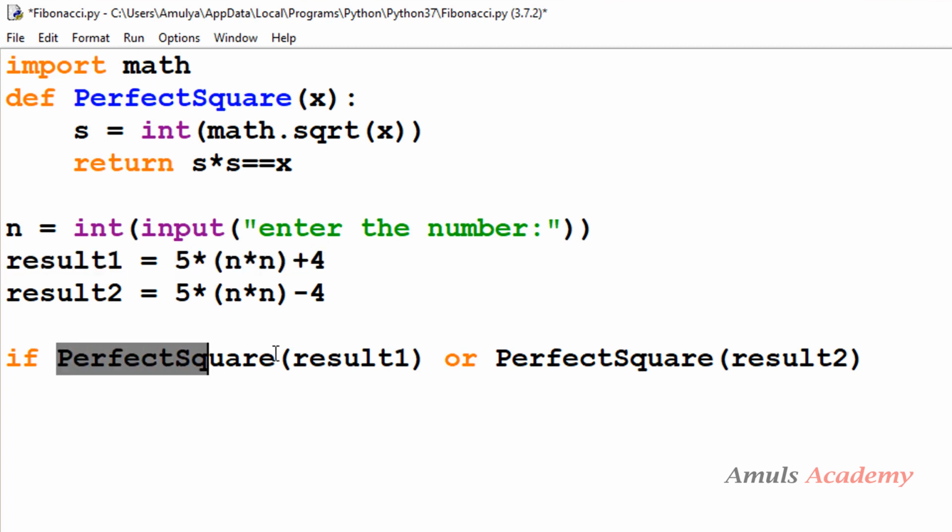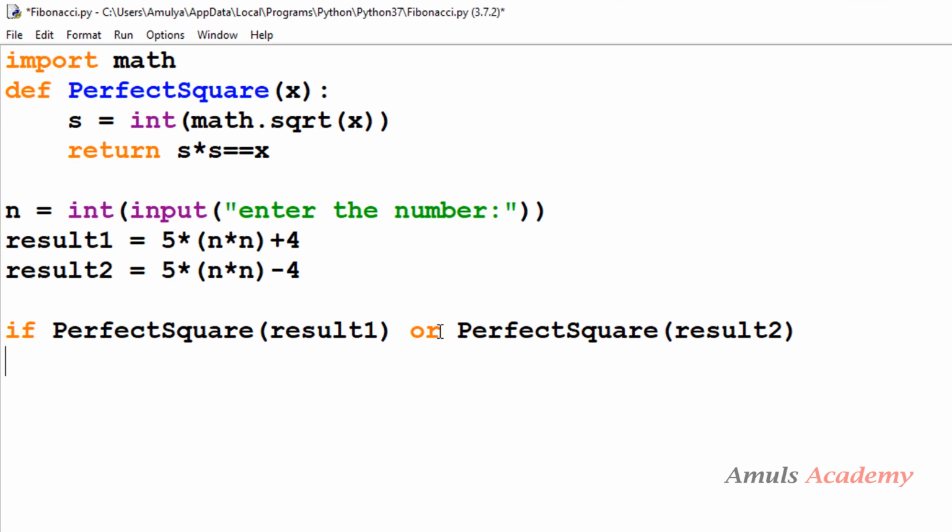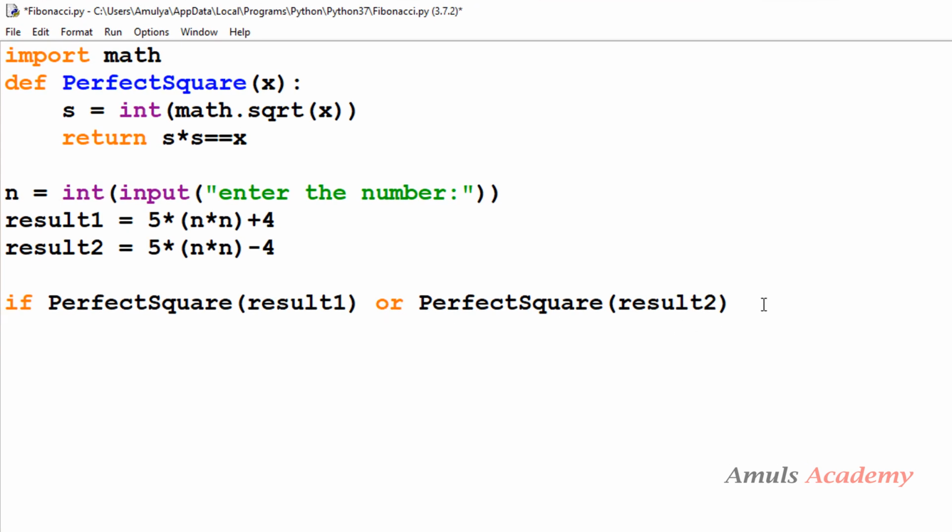So for that I'm calling this function and I'm passing result1 and result2. Here I'm using logical OR because if any one of these conditions is true, that means that number is a Fibonacci number, right? That's why I used the logical OR operator. If any one of these conditions is true, print n is a Fibonacci number.